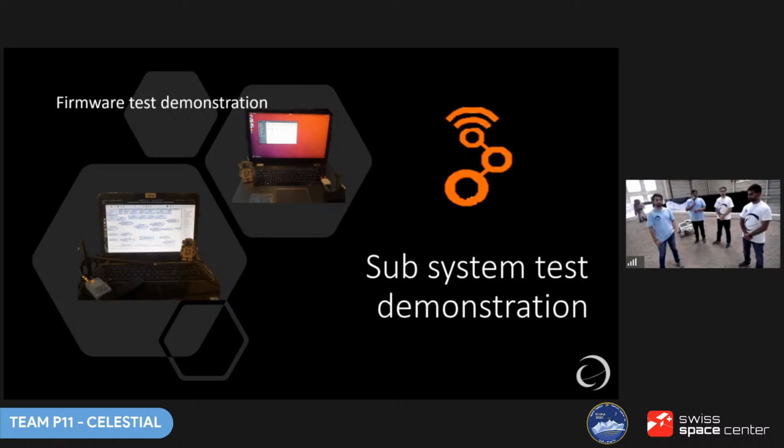Thank you, Tushar, for explaining about the RF front end. I am Glenn. I'm explaining about the software development. On the screen, you can see two laptops. The bottom one on the left-hand side represents the ground station, and on the top side, in the middle of the screen, you can see the